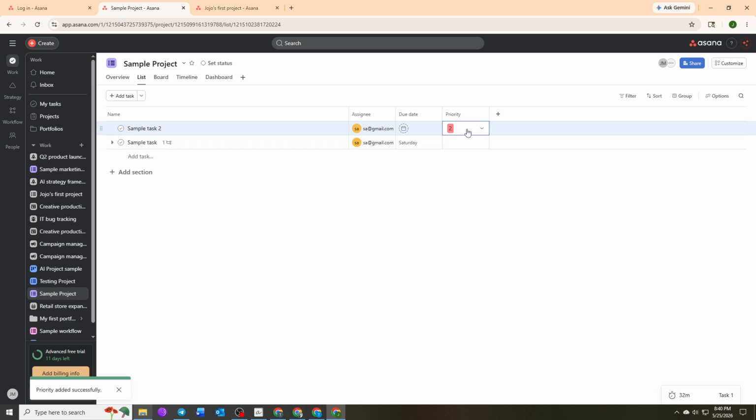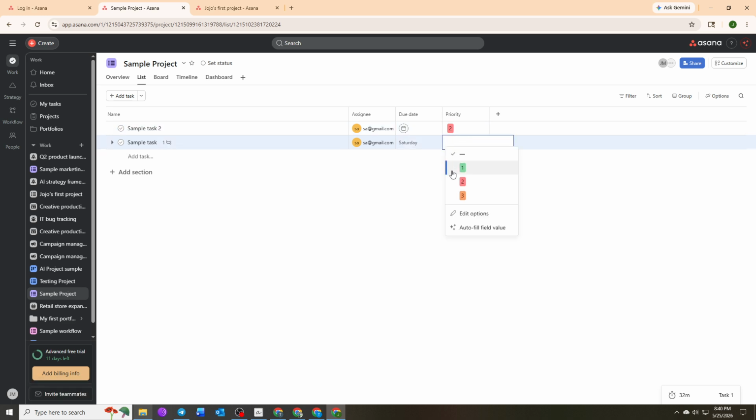task's priority. You can repeat the same process using the plus icon to add more fields and expand your project structure whenever needed. Finally, you can explore additional field suggestions using the Show More option to maintain consistency across your workspace. With that complete, you've successfully created and applied a custom field that helps structure your Asana projects and improves